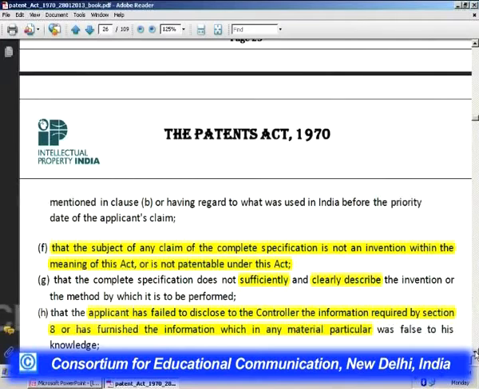But if the patent controller does not come to know about it on his own, though it is his duty to peruse the subject matter over which the person is seeking the patent and meticulously analyze and gauge whether the subject matter over which the patent is being claimed is an appropriate subject matter or not. But the point is, if he moves ahead with the processing of the application and forgets to see it, or unfortunately does not get to see the subject matter, does not gauge